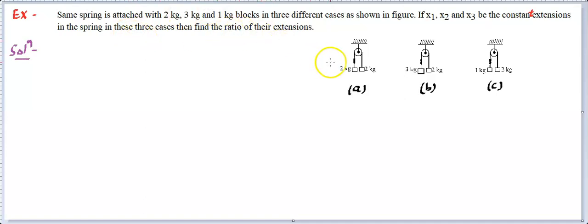So what to do is, since this is a spring, let's consider any spring. Whatever extension has to come, it has come there. Let's say it got extension x1, and this spring will have a tension, let's say T1. So you will find this T1 is going to be equal to kx1. That's what I'm trying to say.